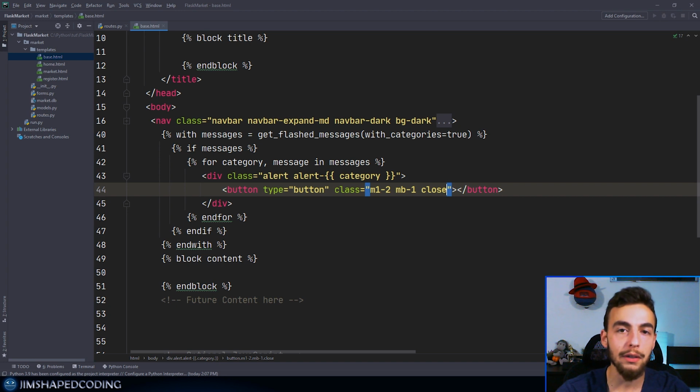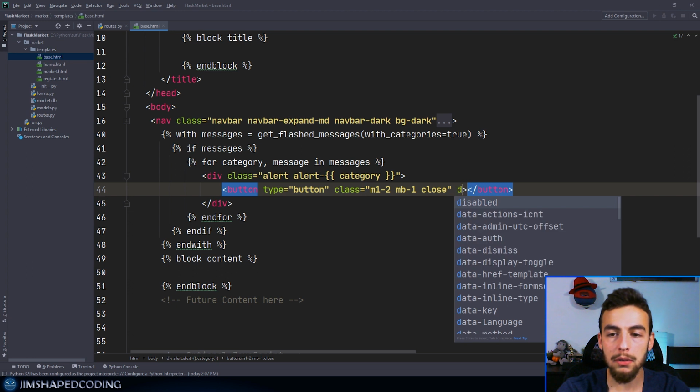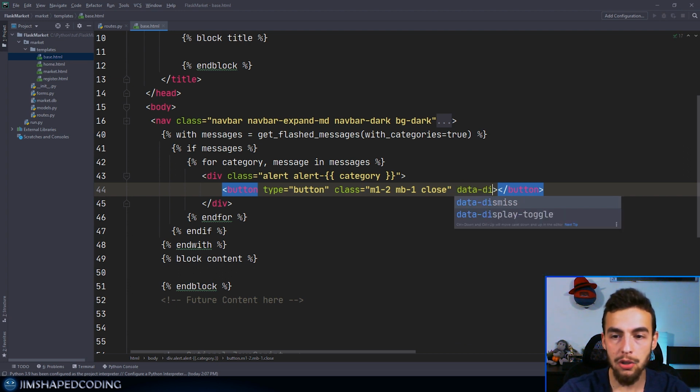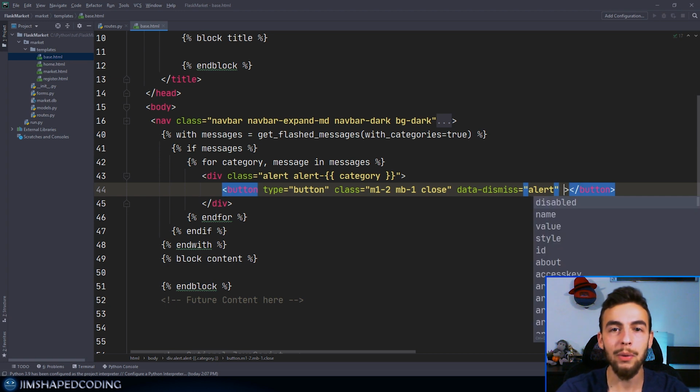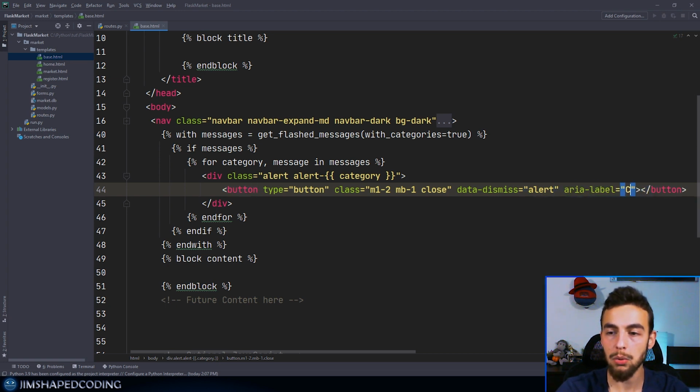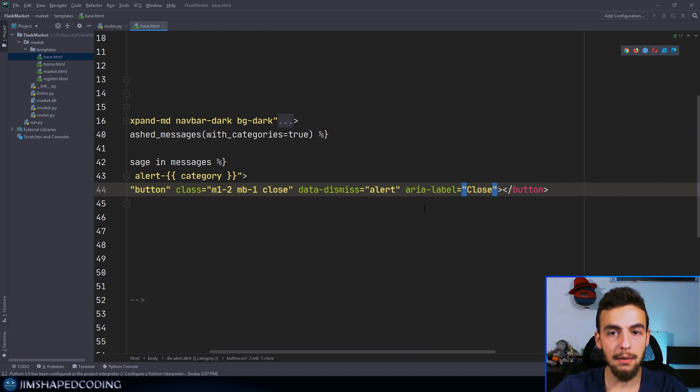So those are some Bootstrap classes that I memorized that will be responsible to just display it nicer. I don't want to waste a lot of time explaining what each class does. And I will also say here data-dismiss equals alert, and then I will also say aria-label equals close. I'm going to explain some of the attributes when we see the actual results, and this will totally make